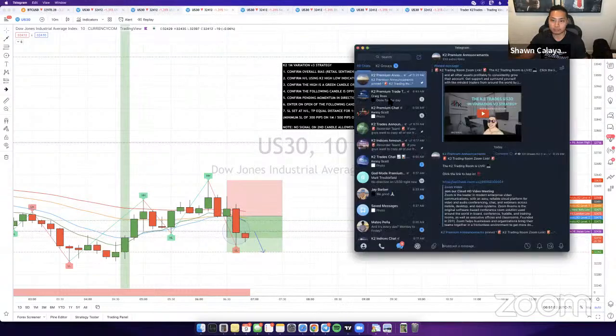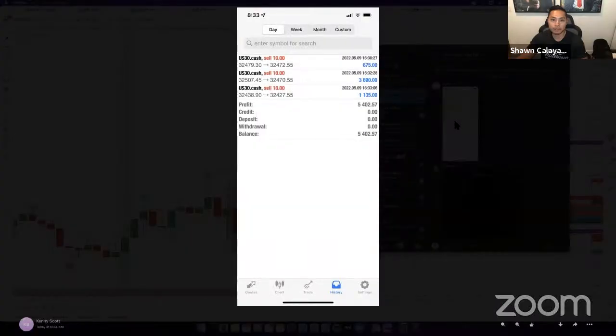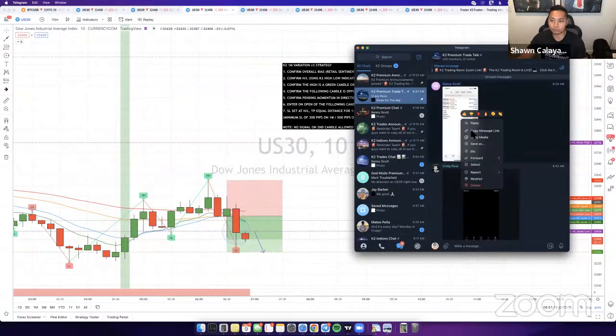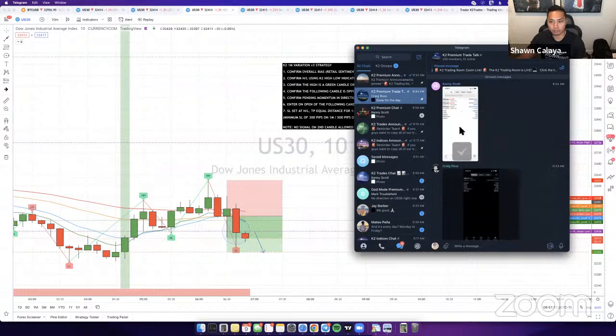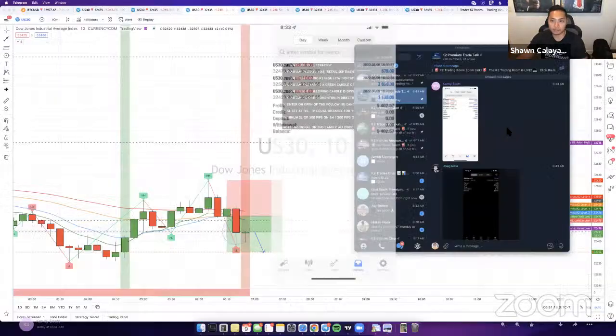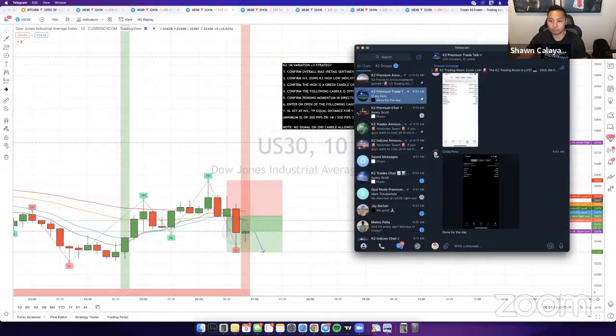So it looks like Craig did take the breakout earlier. Looking over here, Kenny took the breakout, locking in a total of 5,402. As I mentioned before, guys, some people identified that as the actual breakout that I marked up earlier. Some people took it, some people didn't. It looks like the majority of people did take it, but Kenny here locked in 5,402. Nice work, Kenny. And Craig over here as well took the breakout, locking in a total of 913. He's up more than 1% for the day.